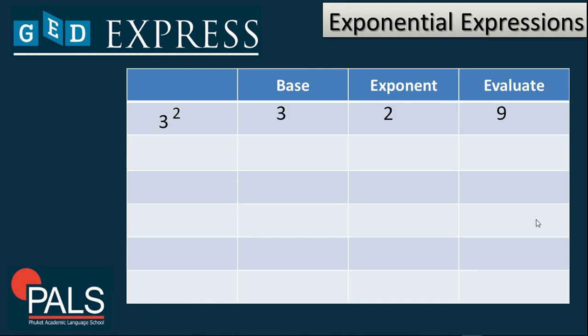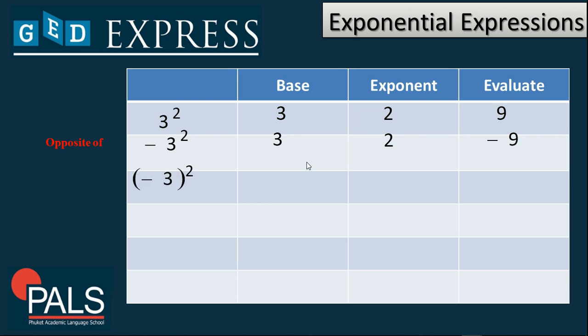Now, for example, we have this exponential expression. We have the base, which is 3, and we have the exponent, which is 2. So we need to multiply 3 two times, like 3 times 3, that will give you 9. Suppose we have a negative number attached to 3, so that will become negative 3 multiplied by itself. So negative 3 times negative 3, that will give you